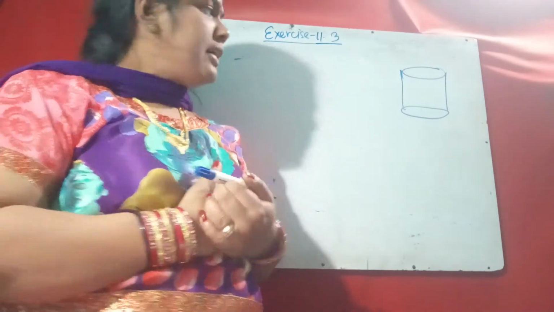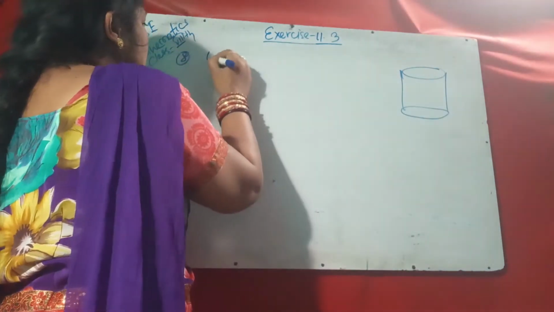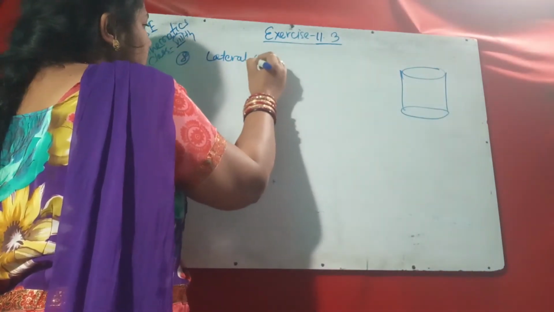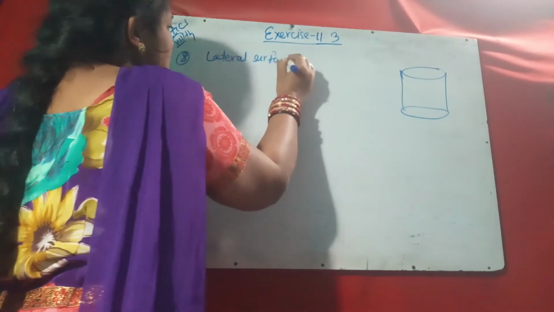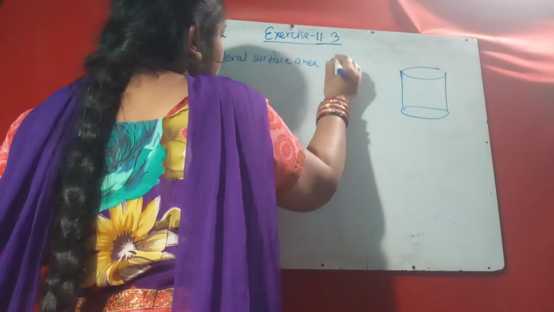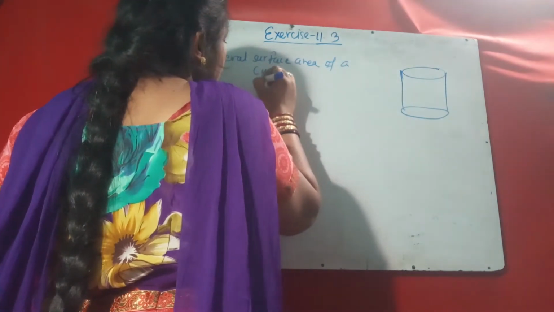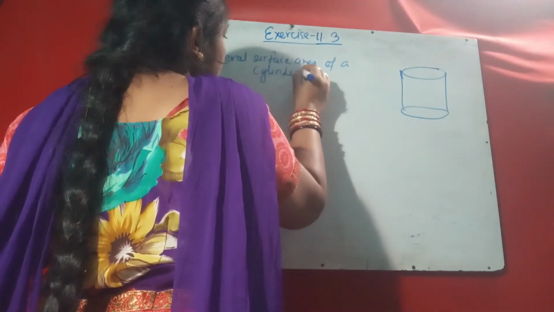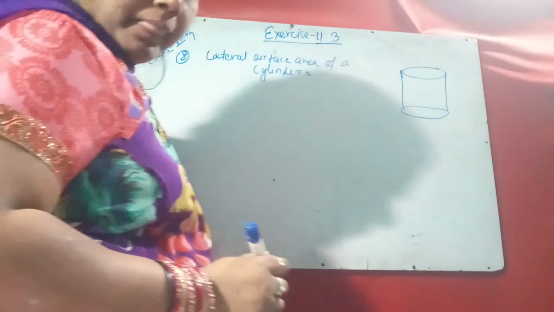Lateral surface area of a cylinder equals the given value,